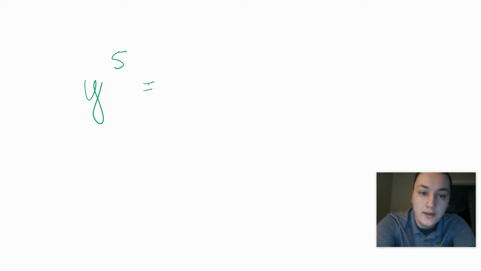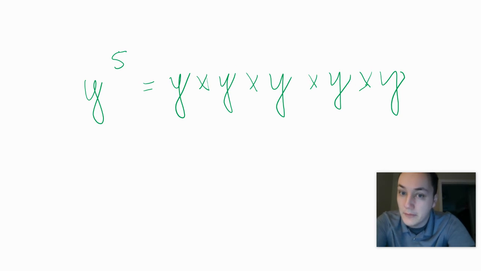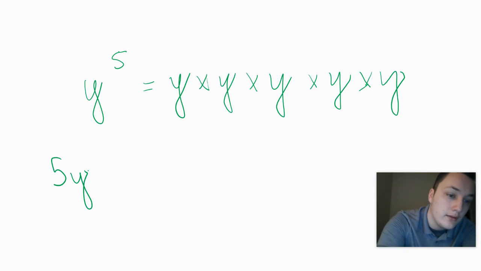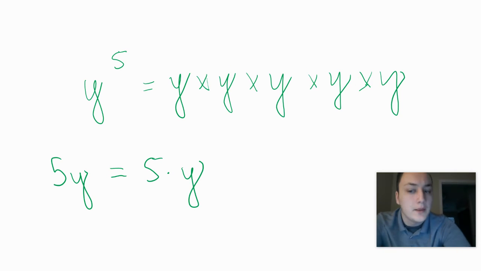So y to the 5th actually equals y times y times y times y times y, or literally 5 y's being multiplied together, as opposed to 5y, which means 5 times 1y. Big difference there. And I really want to hit that difference right from the jump so that we can be on the same page. Now, you are going to be asked a few questions about this and try to map out your own